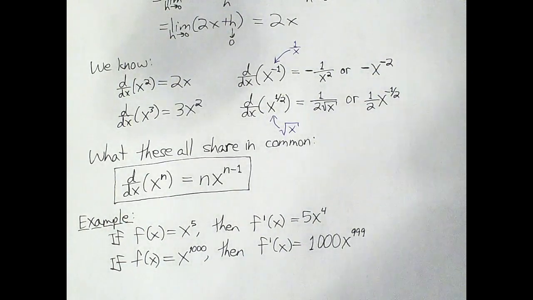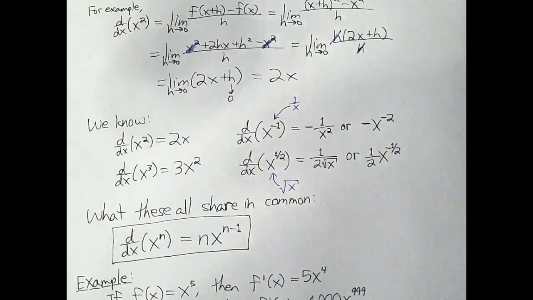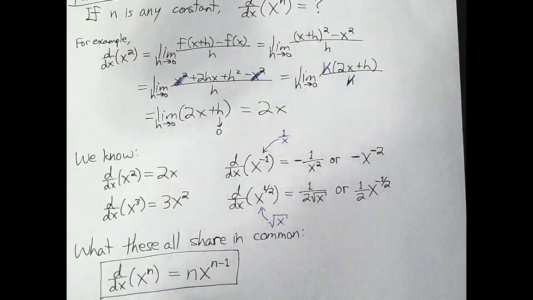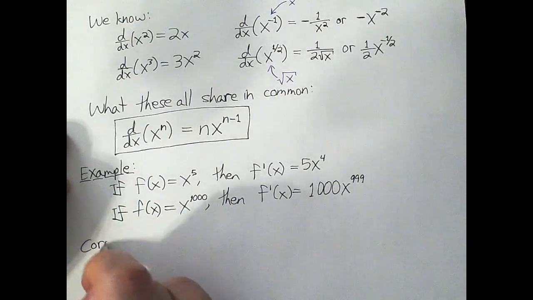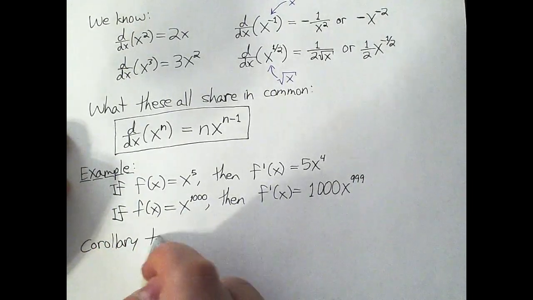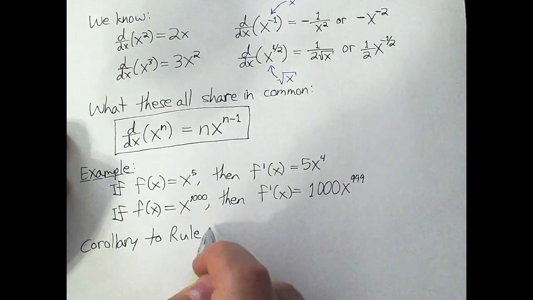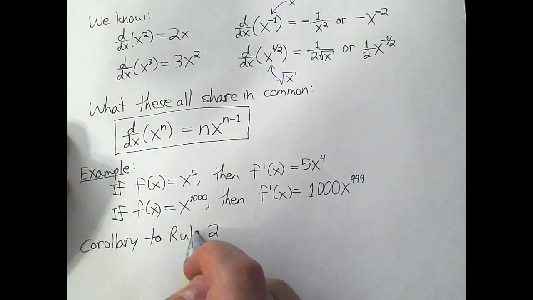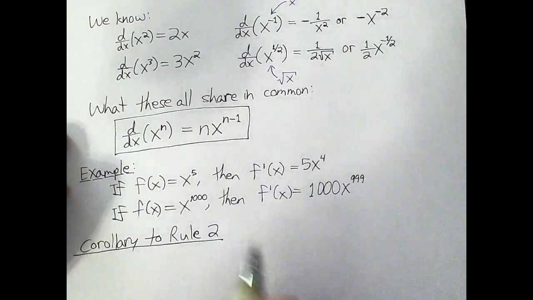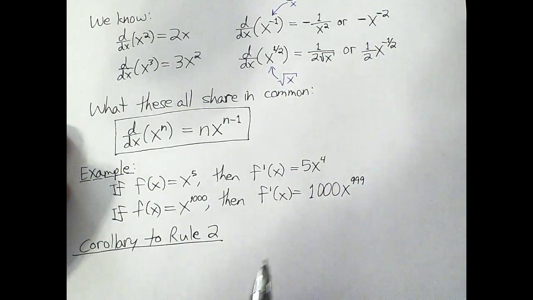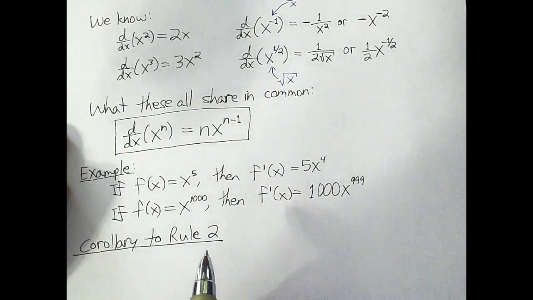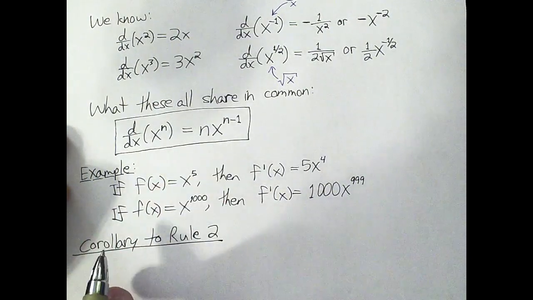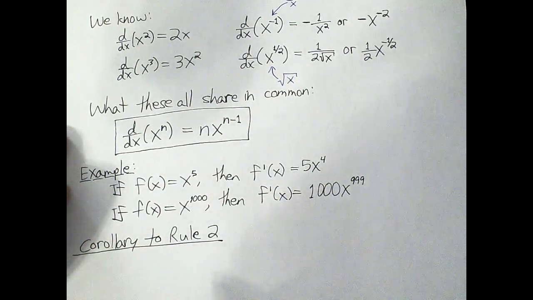Okay, so far we have rule 1 is if you have the derivative of a constant. This one right here is if you have the derivative of x to a power. We have what is known as a corollary to rule 2. Now in math, when we call something a corollary, it's supposed to be a fact that follows immediately or almost immediately. So a fact that's going to follow almost immediately from rule 2